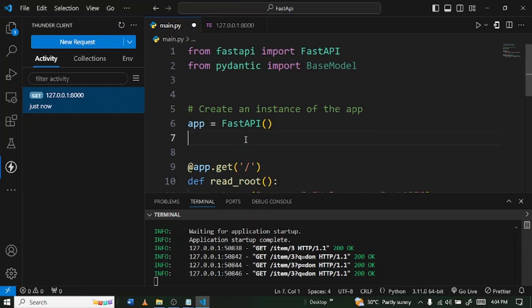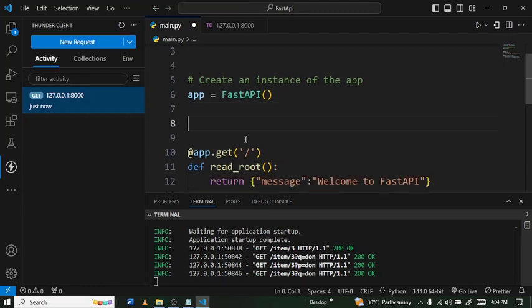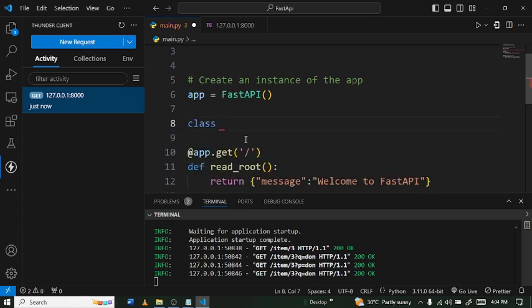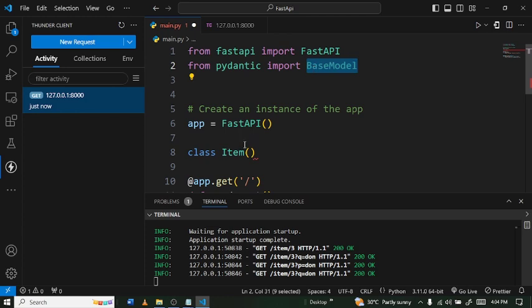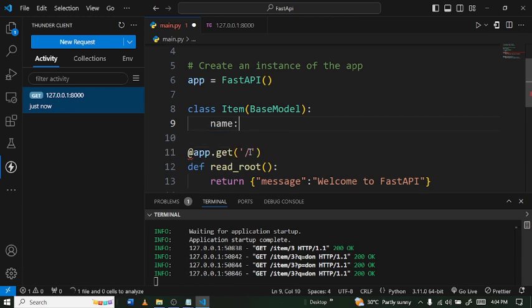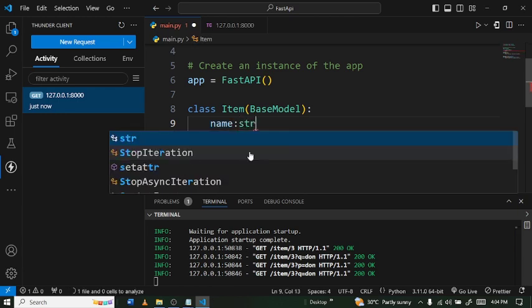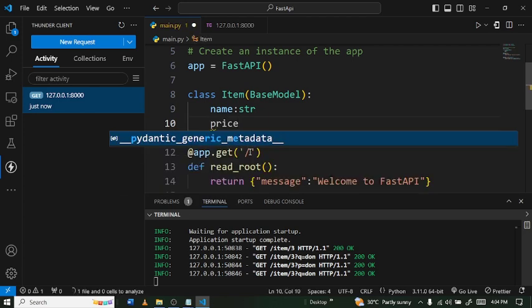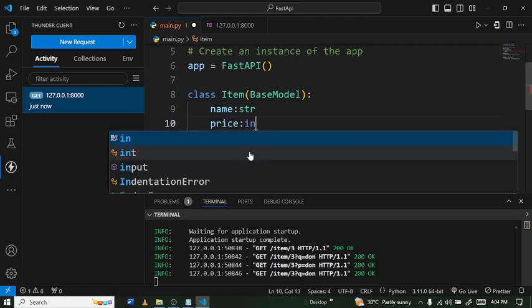We don't want to accept any specific kind of data. So we just have to create a class and give it a name. The class name, let's say Item, because we are dealing with items. Then we are just going to pass in the BaseModel. Our item should have a name, and then our item should have a price, and the price should be an integer, or let's say